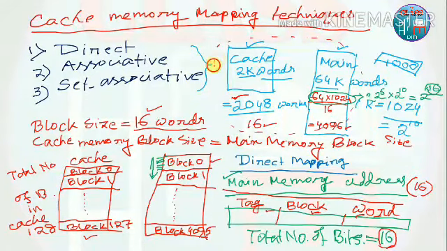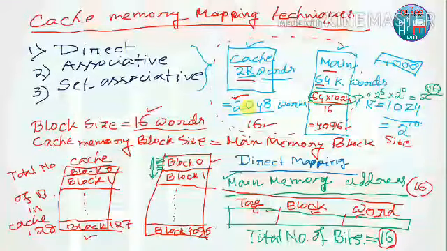So now the interesting part is that you can be given a separate example. Here in this example, your cache size is 2K, your main memory size is 64K, and the block size is 16 words. This particular scenario is given, but it can be changed. You can be given a new scenario, which means all these values will change. Then you have to find out the size of the main memory address fields.